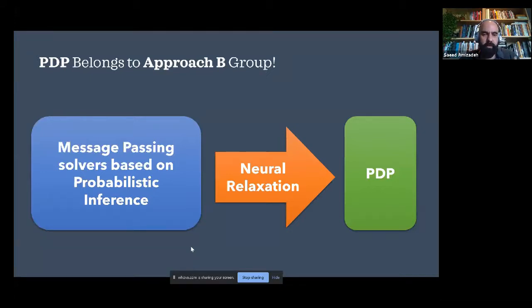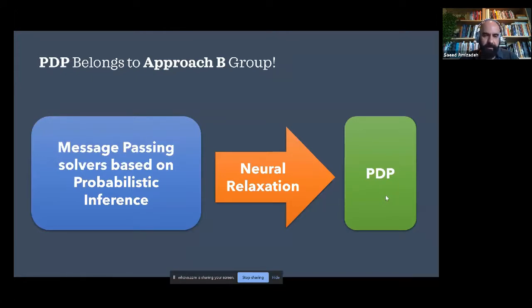So the PDP method belongs to this group, approach B. What it does is it takes the classical message passing solvers, which are based on the idea of probabilistic inference, and does this magic, which we call neural relaxation, to turn it into a neural version, which is PDP. So before that, let's briefly talk about the message passing ideas based on probabilistic inference